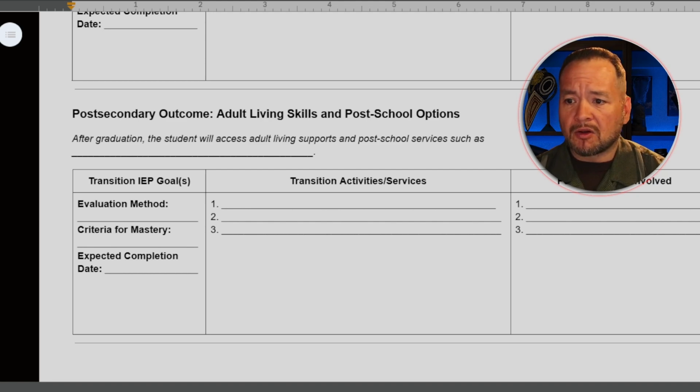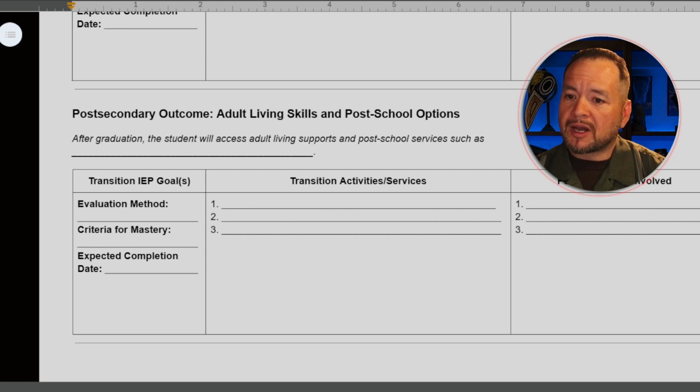They can provide something called pre-ETS, and that's something that you can get during your entire high school career. Those types of experiences help our young adult understand the world of work and life beyond high school much more organically whenever they have access to that. So involving these other players helps with transition goals, helps to learn how to navigate these different support systems, and to make sure that there's a planned handoff beyond high school.